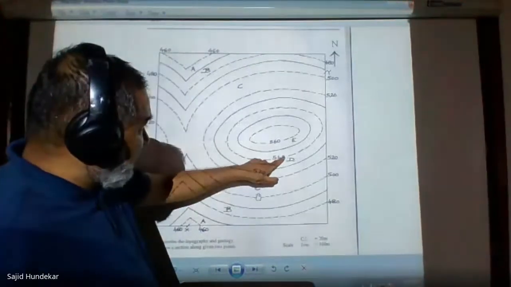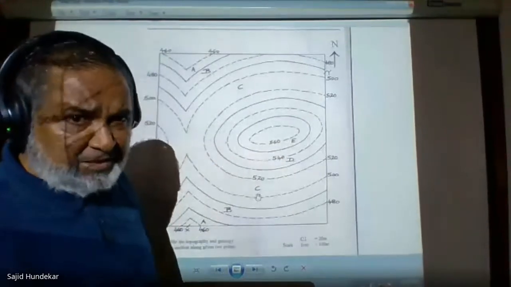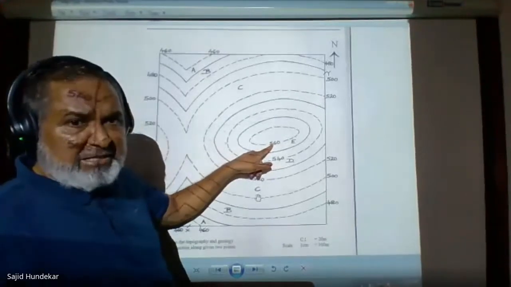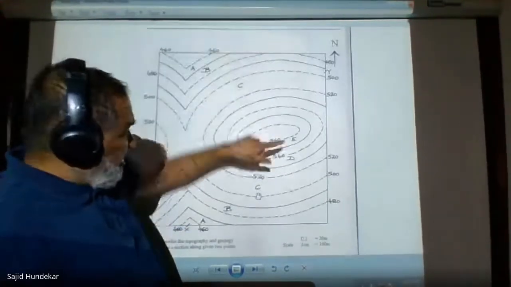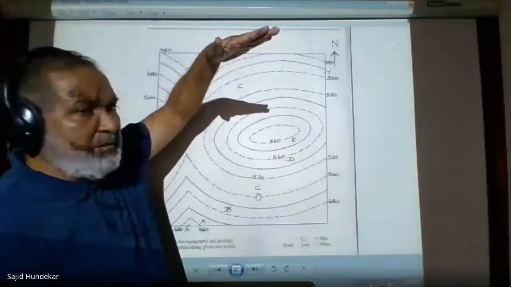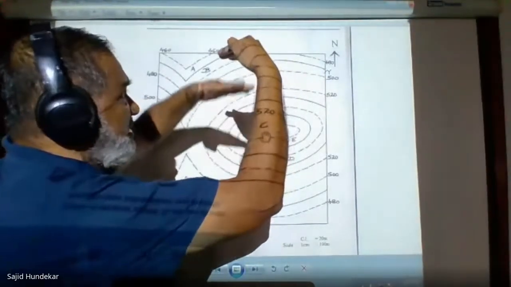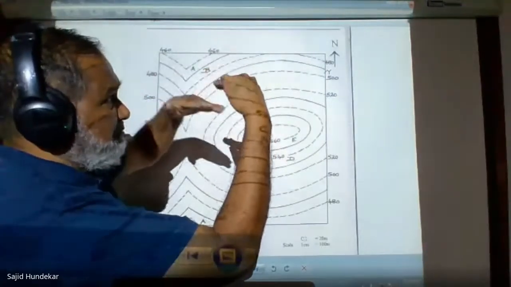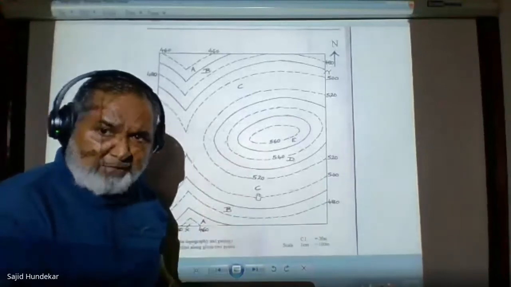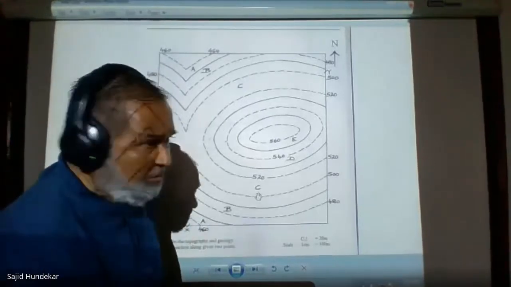For example, here, first thing, which will be younger and which will be older. Here also A, B, C, D is written. Now E is at the highest point, 560 meters, so it is at the top level, whereas A is at 460, which means A will be at the bottom and E will be on the top. So here we have E bed, then D bed, C bed, B bed, after that A bed. So A automatically becomes the oldest, which is at a lower level, and E at the top is called the youngest bed. So this is your order of superposition.